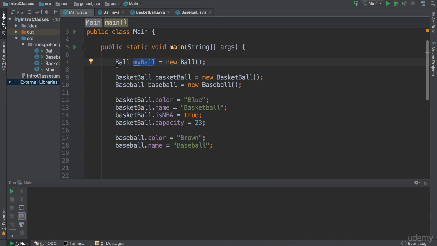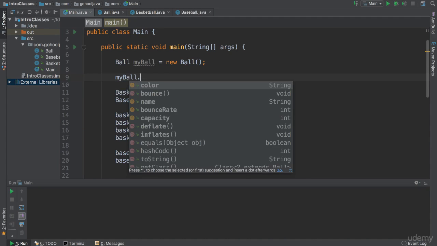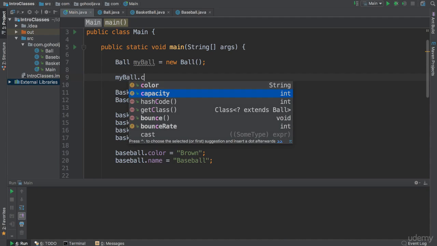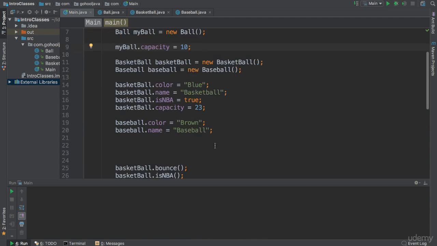So if you don't have this my ball instantiated, go ahead and do that. So we have my ball here. If we say my ball dot capacity and we give it 10, that's wonderful, right? We go here,